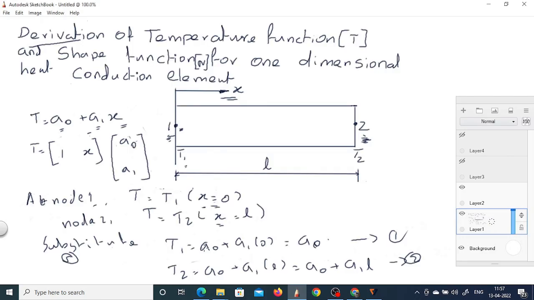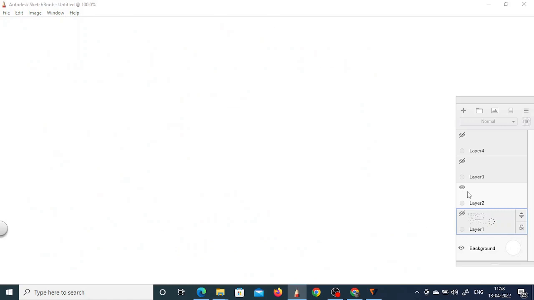I identified the T1 and T2 values: T1 is equal to A0, T2 is equal to A0 plus A1 into L. From this, I can convert these two equations into matrix form. The first equation and the second equation have T1 and T2, so here I write T1 and T2 is equal to